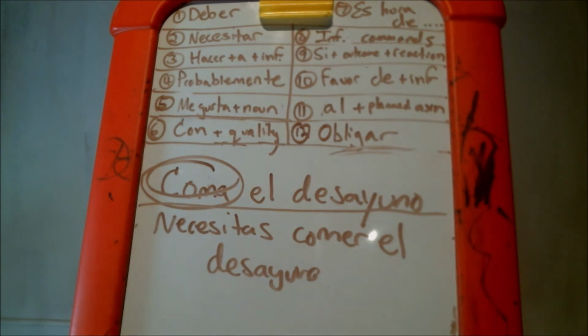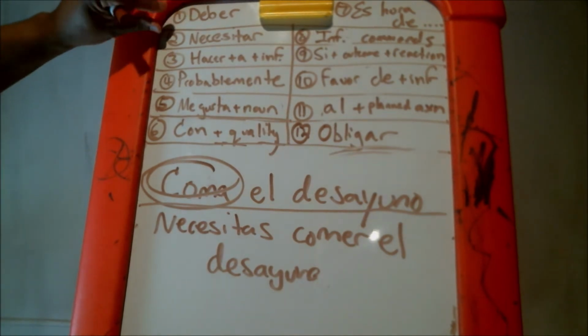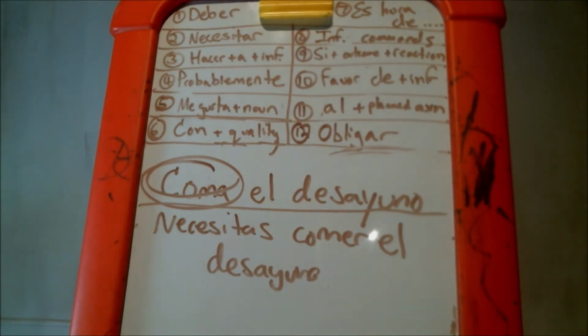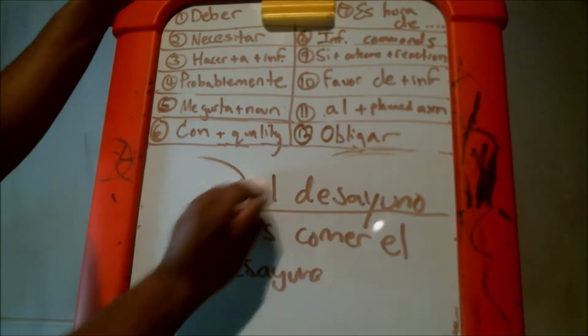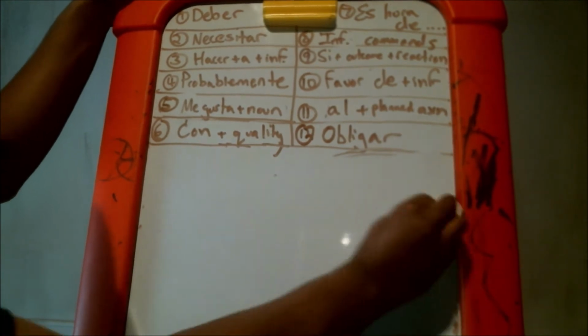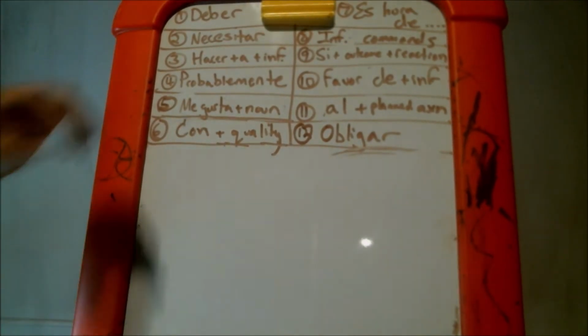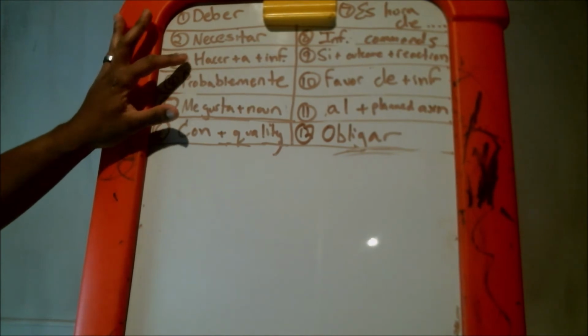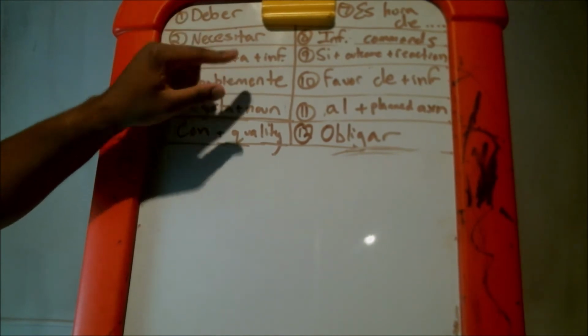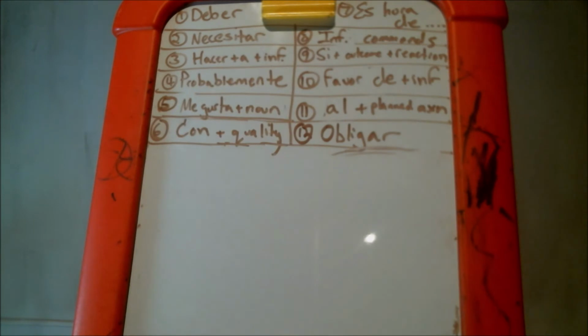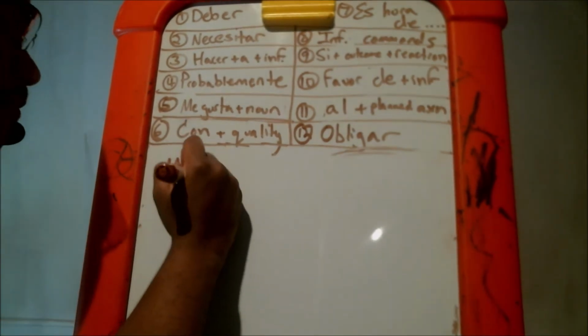So that's another one. So deber and necesitar, 60% of the time, will get you out of having to use the subjunctive, or at least the present subjunctive. So let's move on to another example where you would use the subjunctive, but we're just going to use the indicative. Here we have hacer plus a plus the infinitive. That's going to be a very useful one. Watch this. If I were to say Marco